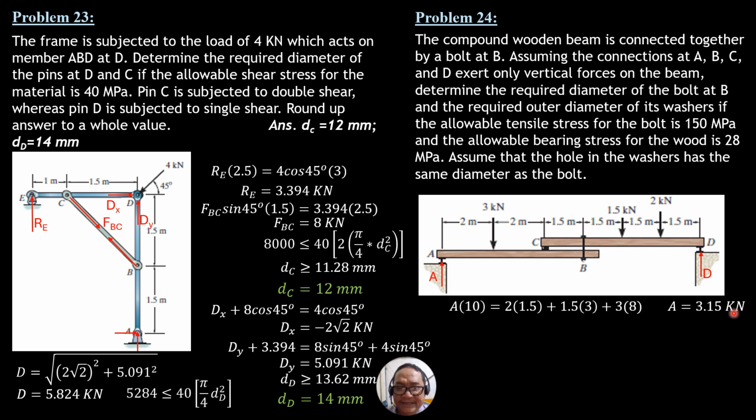that value. Then that value in newtons should be... we need to find the force in the washer and bolt here, B. So we draw the FBD of this part. So that's the free body diagram, just this part only. So we sum up moments about C to solve for this force at B. So B times 1.5, summation of moments about C.